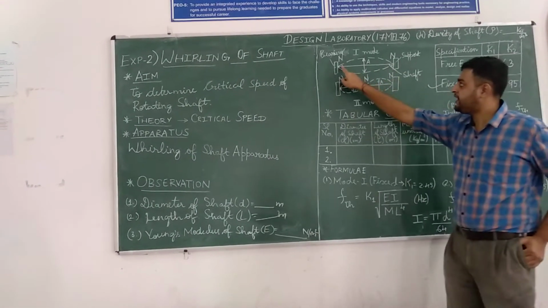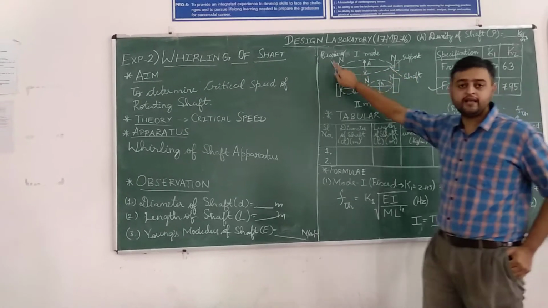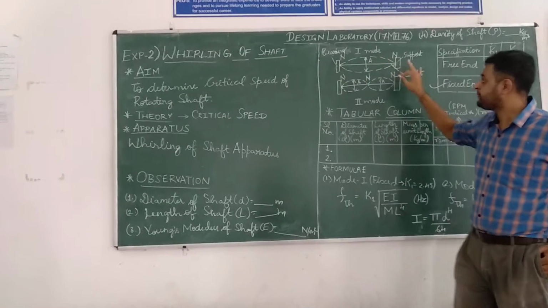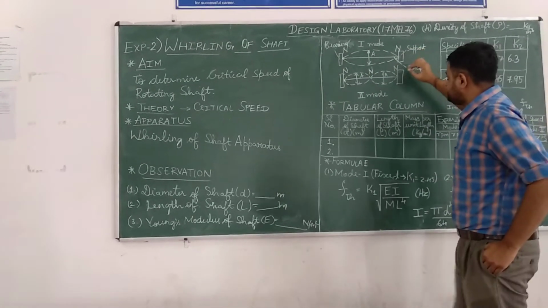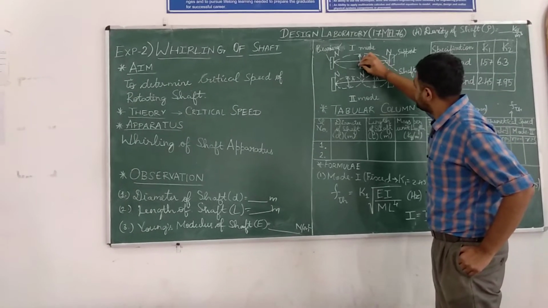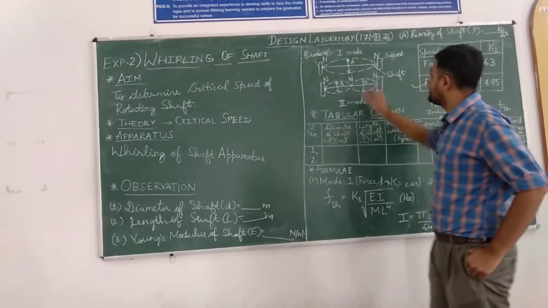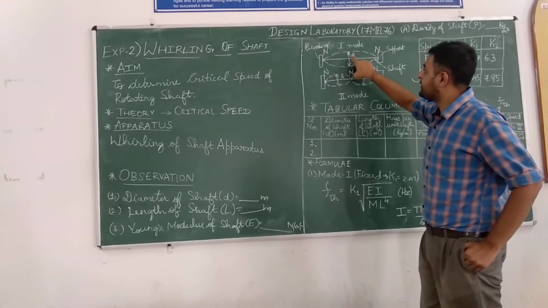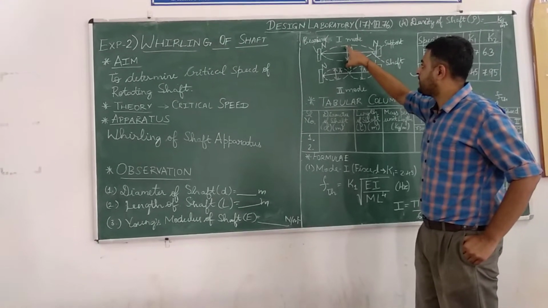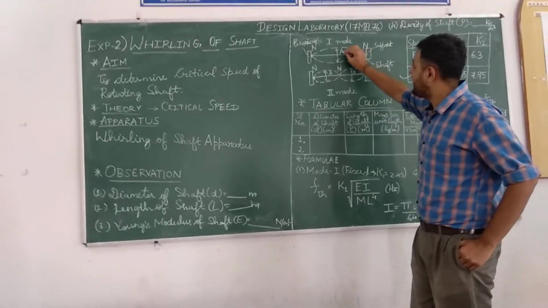Say I have a shaft which is supported at the ends by bearings, and on one side it is attached to the motor. Now if I start giving rotation to the shaft, at a certain moment it will oscillate in the transverse direction, giving maximum amplitude at the center, which is called the first mode. This point can also be called an antinode, where the amplitude of vibration is maximum.